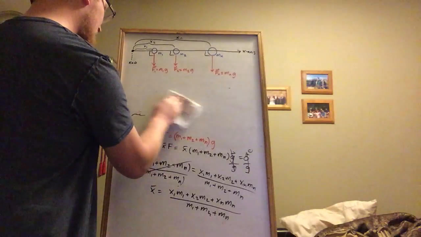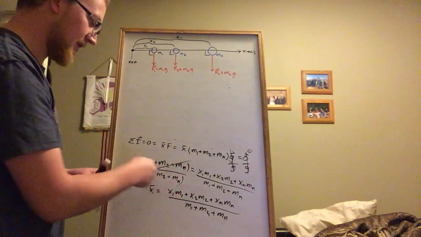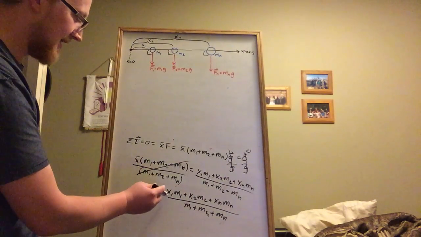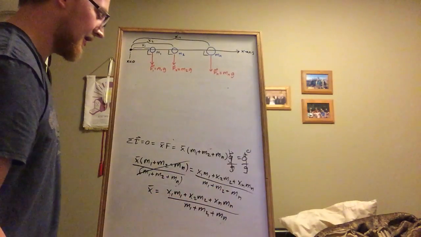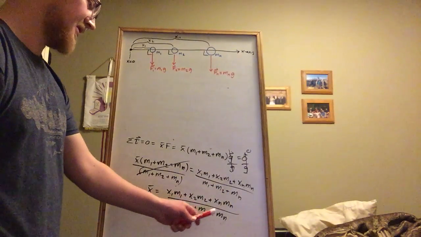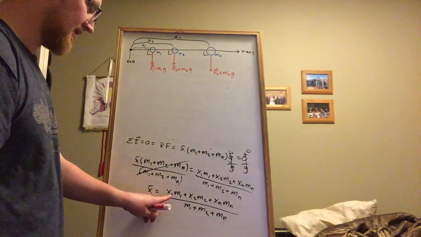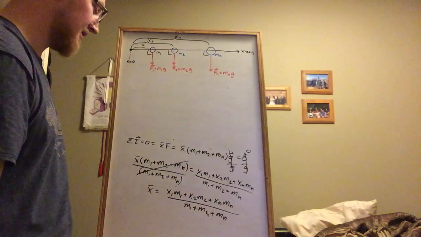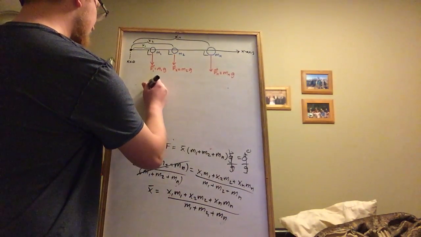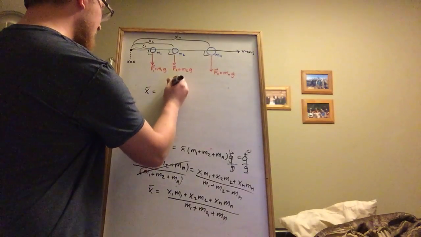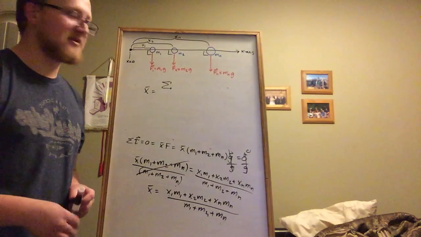So we can write this in what's called summation notation, which means that if you look at this equation, there's a pattern to it. It looks like we're adding x1m1 plus x2m2 plus xnmn, and then dividing it by m1 plus m2 plus mn. Well, we like to write this using index notation because it seems like the 1's are always paired with the 1's, the 2's with the 2's, and it's always divided by the sum of all the masses. So summation notation says that I can write this as x bar equals uppercase sigma, which means the sum of, kind of like we did earlier with sum of torques,